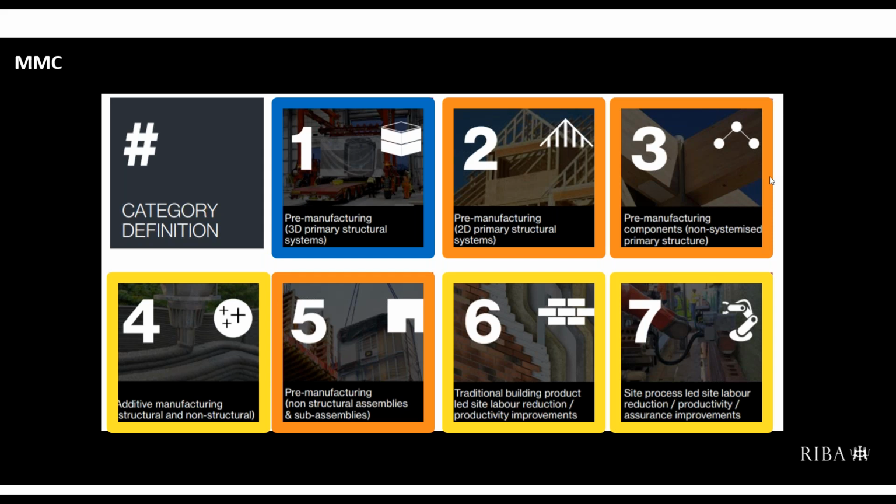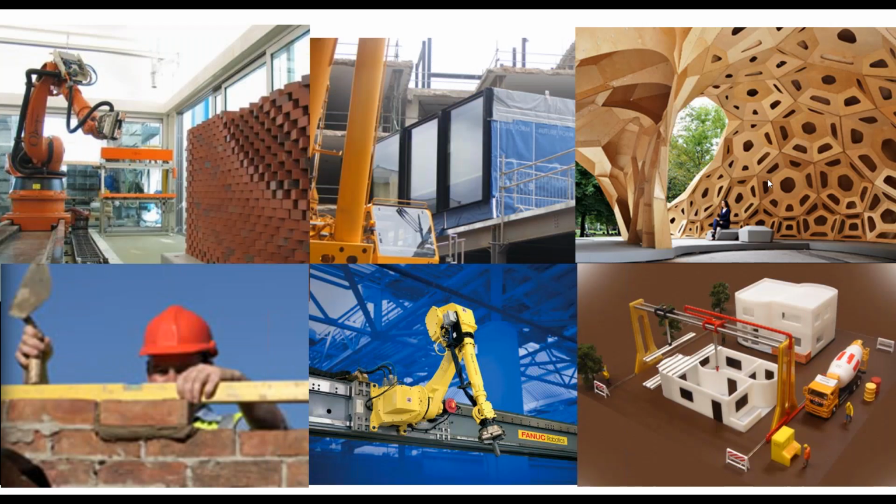Next slide. So one of the things that we're trying to do as an industry is move things to the factory. I'm not going to drill into the 7 categories of MMC on this call, but there are documents out there that define what these are. Next slide. And as we've already said, there's lots of different things happening. So obviously this will change from a standards perspective. This is maybe one of the areas that needs to get looked at, because defining how we're going to make a building is going to become a key requirement in the future. And of course, just now we predominantly issue information for construction, but as we'll see in a second, maybe the information that we need for the manufacturing process is slightly different. So next slide.